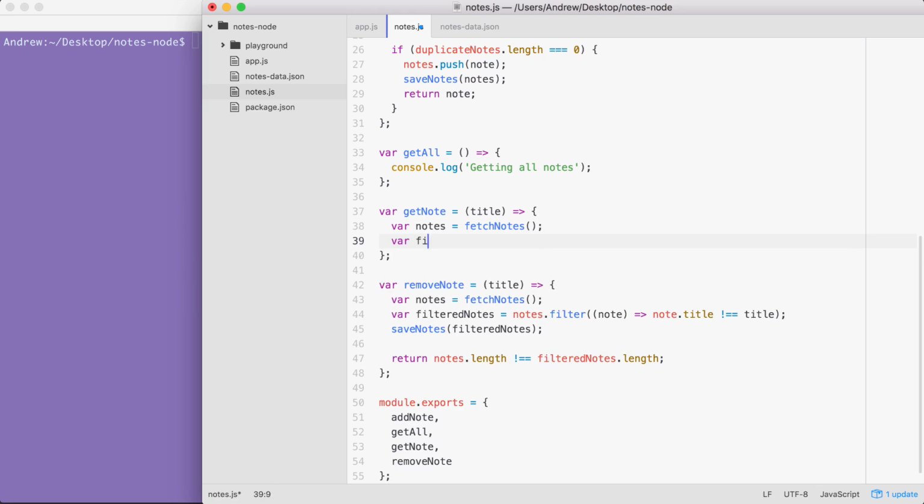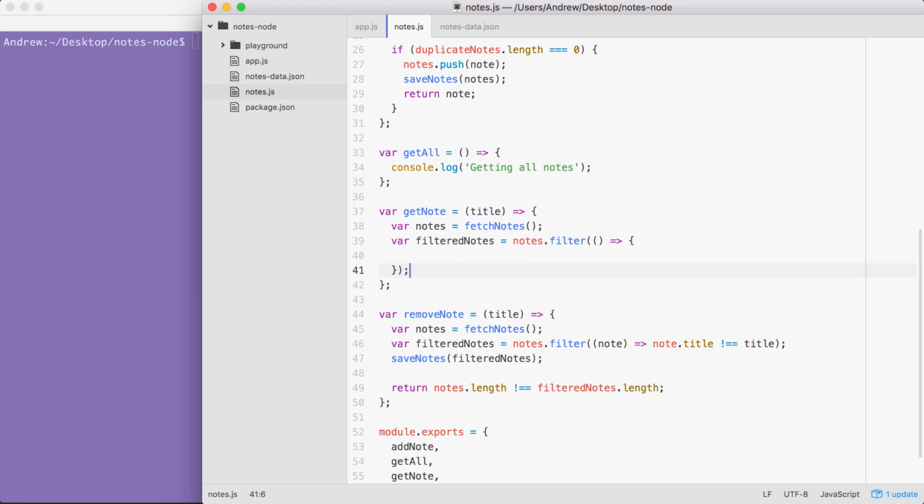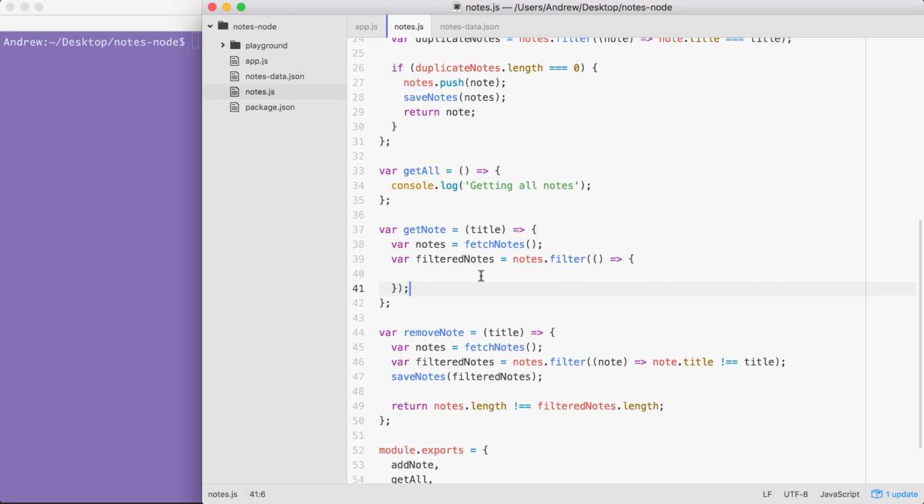I'm going to make a variable called filteredNotes, setting it equal to notes.filter. And now we know that the filter method takes a function. I'm going to go ahead and define an arrow function, just like this. Here we can pass in as many statements as we like. We're going to be using one, and then we'll refactor it to use the expression version. But I find it a lot easier to start with the statements version first, especially when you're new to arrow